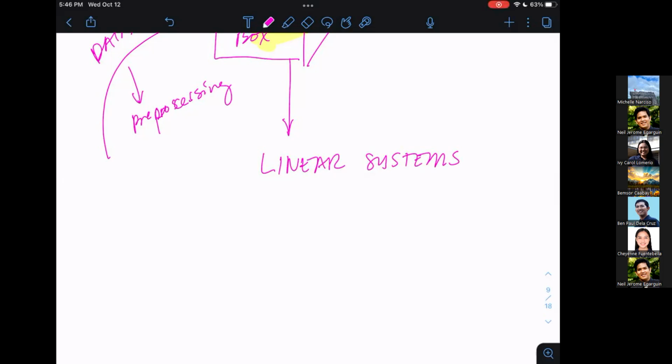And that's the focus of this first section. We want to look at how to efficiently handle these linear systems. That's why meron tayong numerical linear algebra na section dito sa course na to. And we have established a sort of an outline na gagamitin natin for this section. Though siguro kailangan ko mag-extend ng 1 or 2 more meetings to cover everything, but I think we have the liberty to do that. So simulan natin sa linear